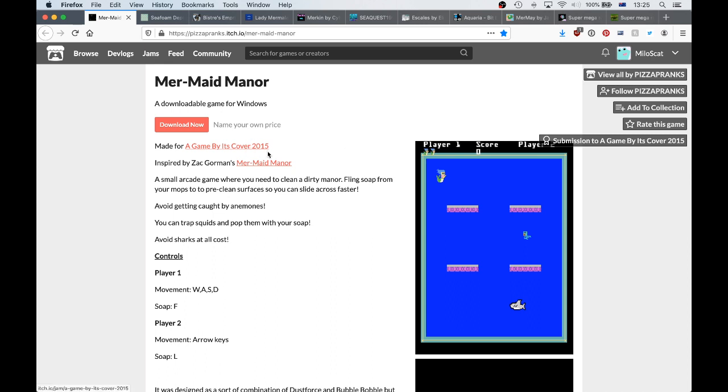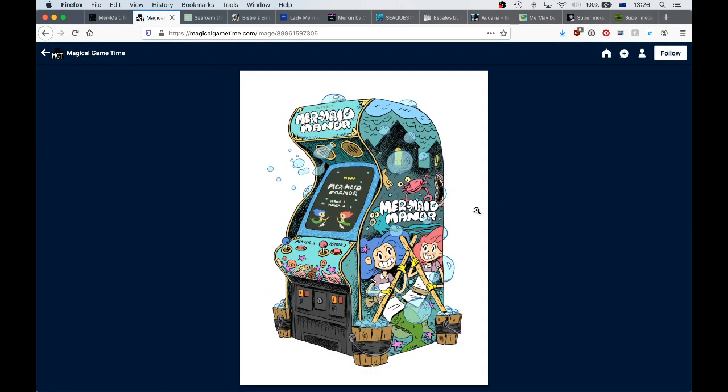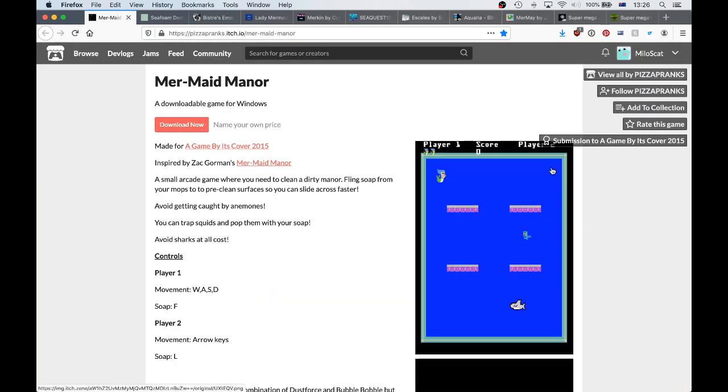It was created for A Game by Its Cover Jam 2015, which is where you take, often it's Famicase exhibitions, which is made up games that never existed. In this case, it's inspired by Zach Gorman's Mermaid Manor, which Zach Gorman, also known by the blog Magical Game Time, mocked up this arcade cabinet of a potential game, which is a very cute design there for the outside. Very nice. It even has an integrated bubble maker in it, which I don't know how feasible that would be, but yeah, so taking that as inspiration, Pizza Pranks created this little 2-player